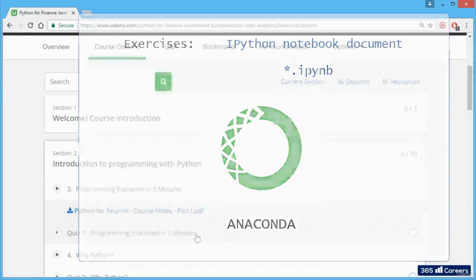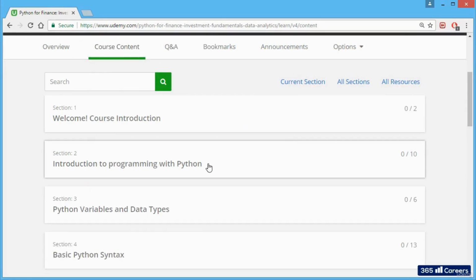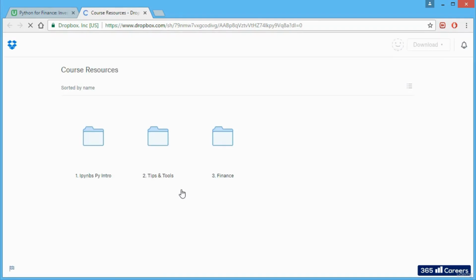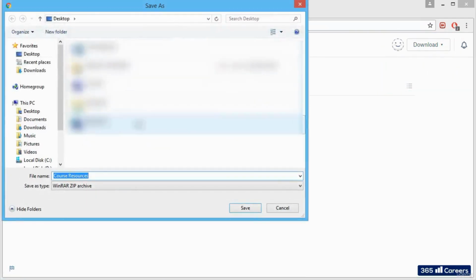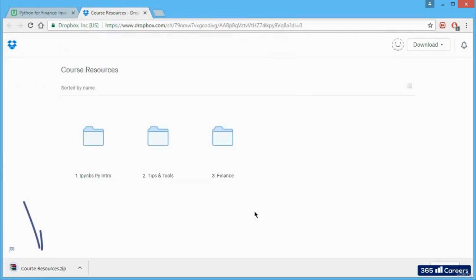As far as downloading goes, there are two main ways to do it. If you would like to download the entire set of exercises and course materials at once, you can use the Dropbox link at the beginning of the course. Once you've opened it, you'll be able to download the complete set of files. They are organized in folders, and each folder contains the respective exercises. If you are opting for this method, assign a directory where you would like to save these files. Click on Save, and after the materials have been saved on your computer, you will be able to find them